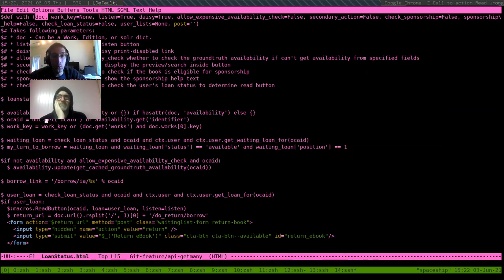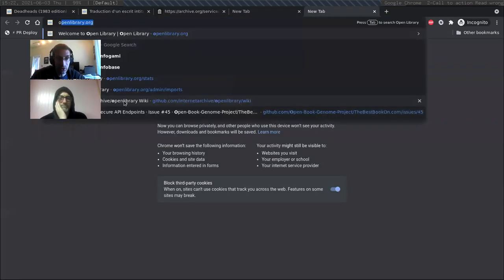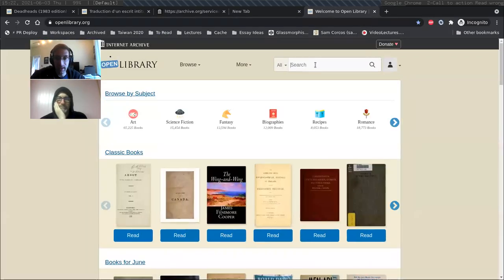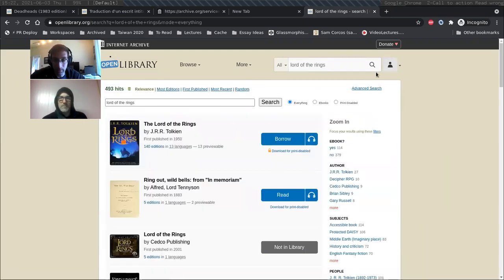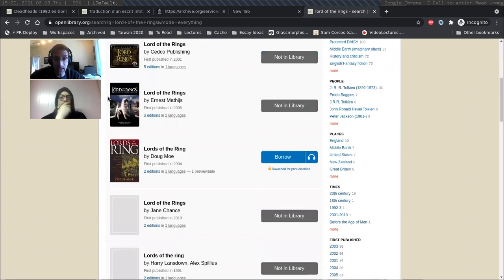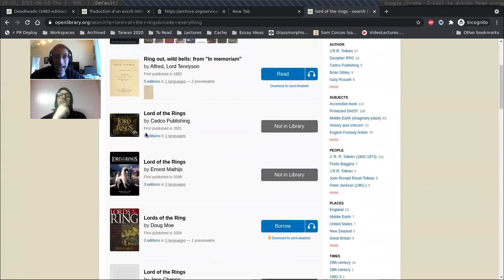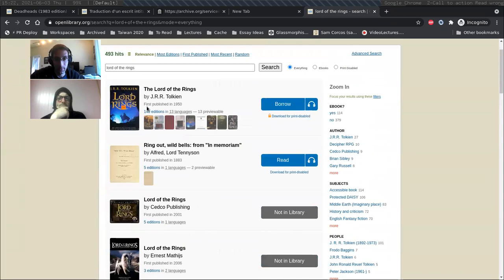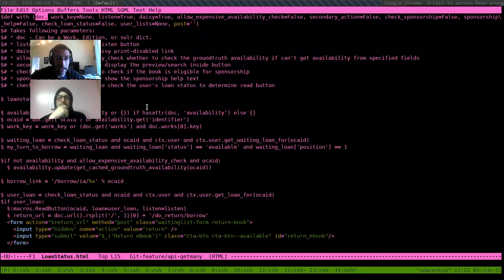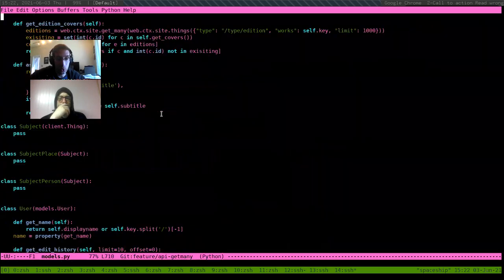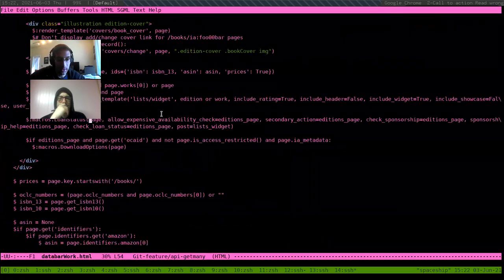And when we perform an Open Library search, such as Lord of the Rings, what happens is we hit Solr. Solr gives us 50 results of the page back. We send those 50 results to archive.org. Archive.org lets us know what the availability is, and then we loop over these 50 and we add the availability dict. Okay. And we're going to see that now when we go back to the